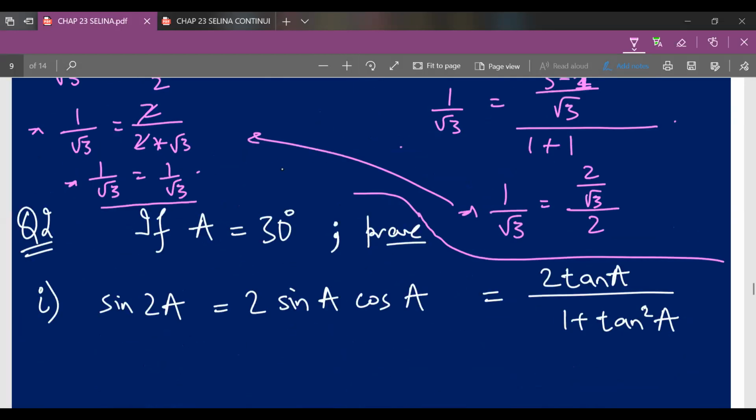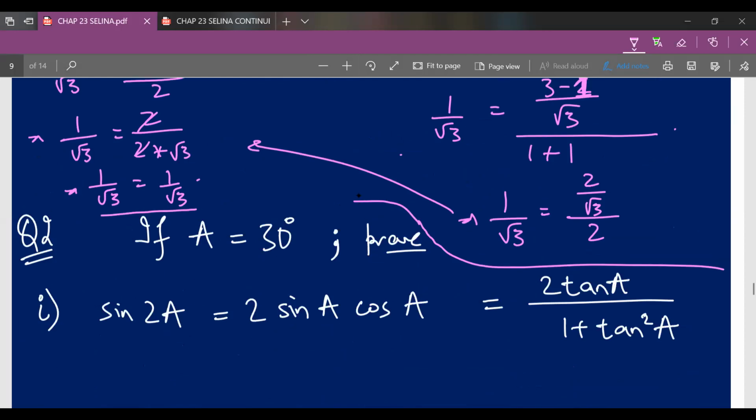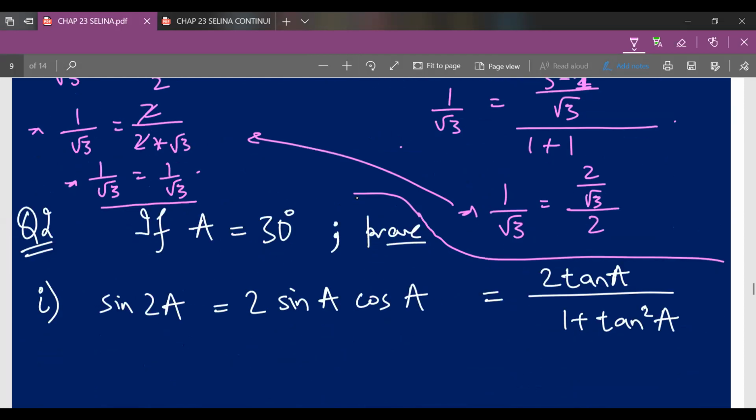Now we come to question number 2. So I'll try to make some space, or it has already been made. Okay, so no need. So question number 2 states that if A is equal to 30 degree. Now again, in the earlier question they had given us some specific information that A is this angle and B is that angle. Now over here A is equal to 30 degree. So I'll just change the color to avoid confusion.